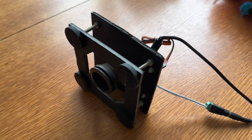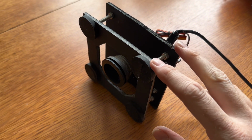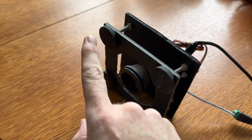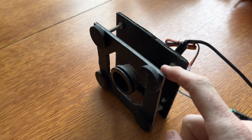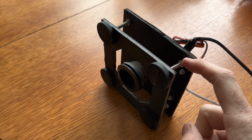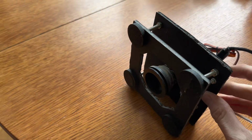So here's the solution that I came up with. As you can see, it's two pieces of foam construction board. On the front are 4 magnets mounted onto bolts, which have got nuts on that hold the two pieces of foam together. If I flip it over,